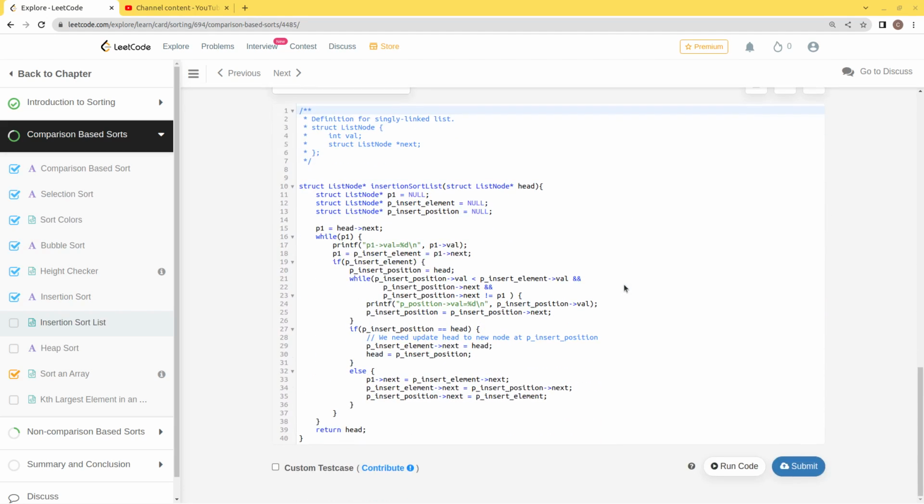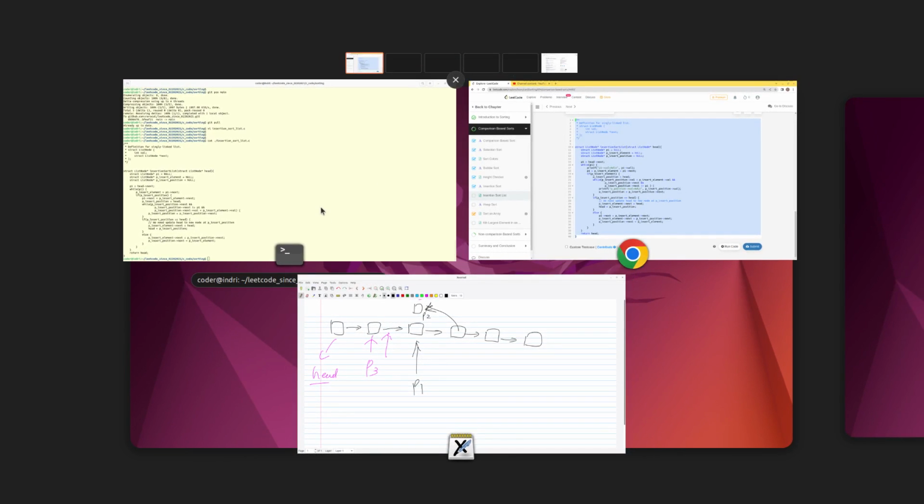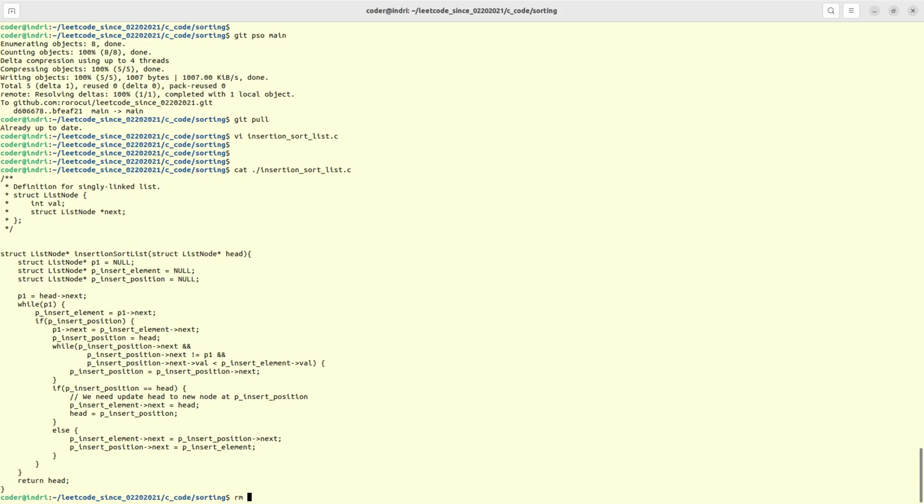Yesterday I have worked on this problem, insertion sort list. I implemented the main function, and with some debugging I noticed there's an infinite loop. I think that's because the P1 pointer is not handled well. So, to simplify this implementation, I'm going to